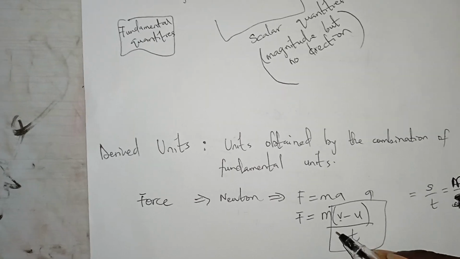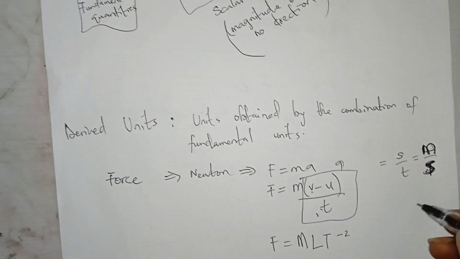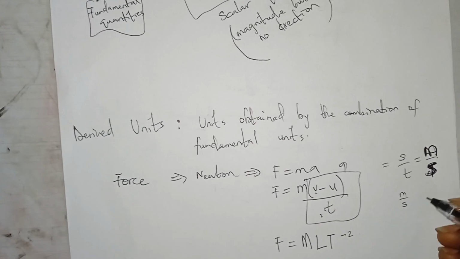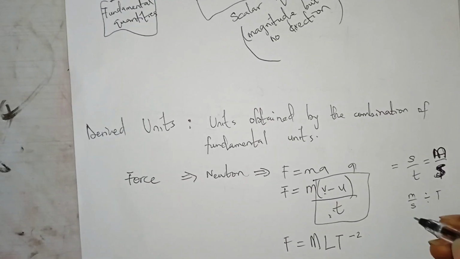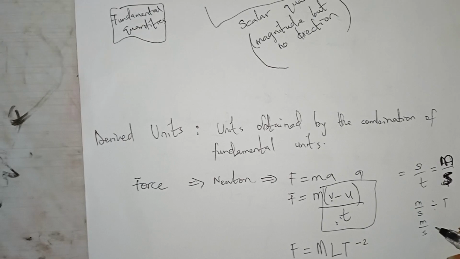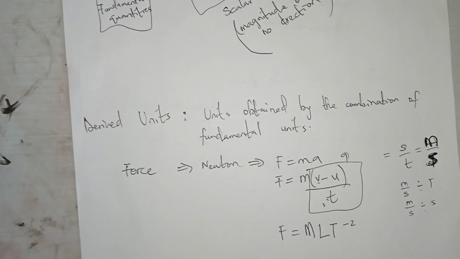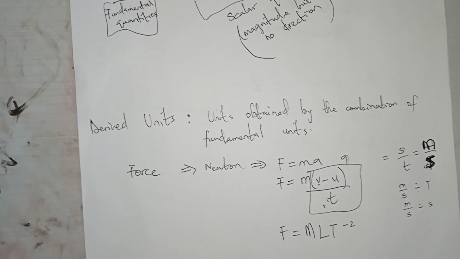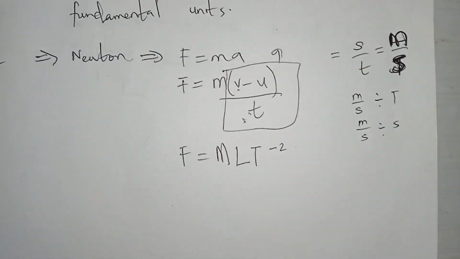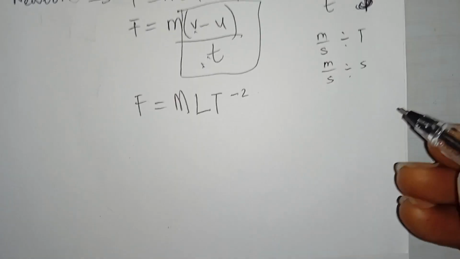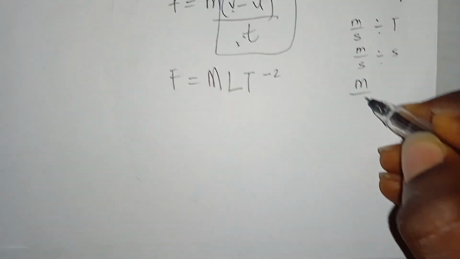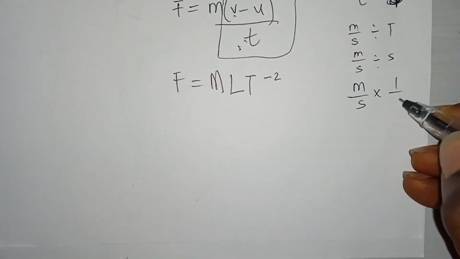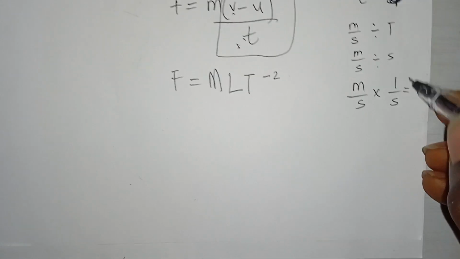And here we are having that over t. So this is the same thing as meter over s divided by another s, which is m over s times 1 over s,